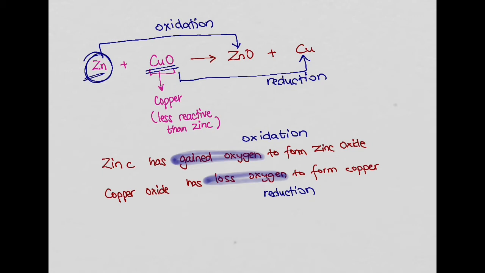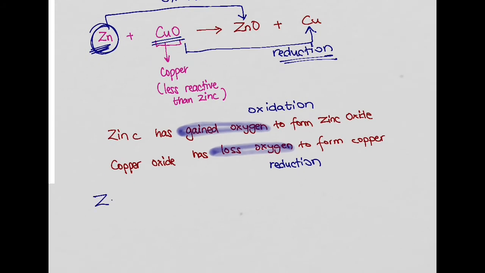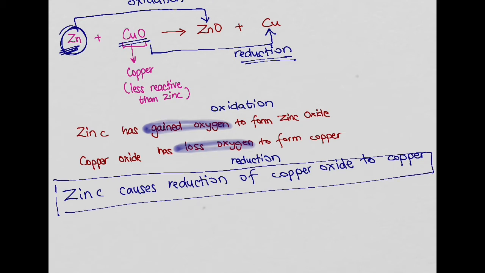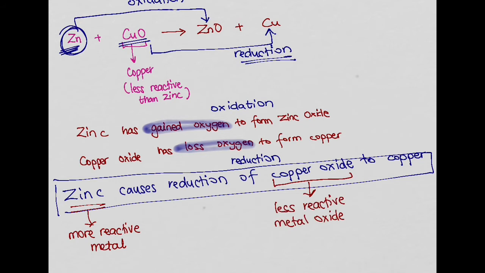So it's the zinc that is causing the reduction of the copper oxide. So we can say that zinc causes reduction of copper oxide to copper. So this is a reduction reaction. A more reactive metal, here this is the more reactive metal, will cause the reduction of a less reactive metal oxide, and it's going to give you the